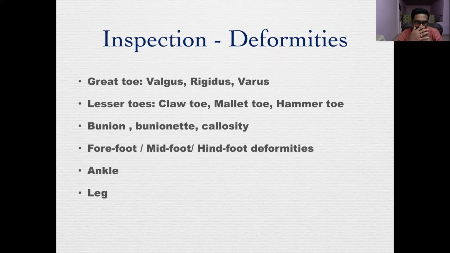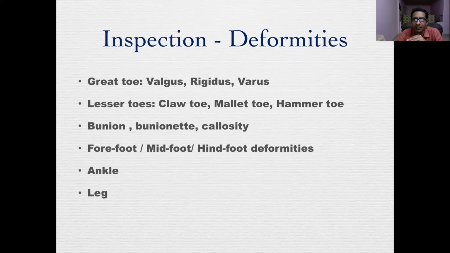The lesser toes have deformities, which are essentially the claw, hammer, and mallet toes. They are differentiated by the claw toe having hyperextension at the MTP joint and flexion at both PIP and DIP joints. The mallet is a pure distal flexion, DIP flexion, whereas a hammer toe is a PIP flexion. So if you know what you see, you can say there is a hammer toe deformity of the second, third, and fourth toe. That gives an impression to the examiner that you know what you're talking about.